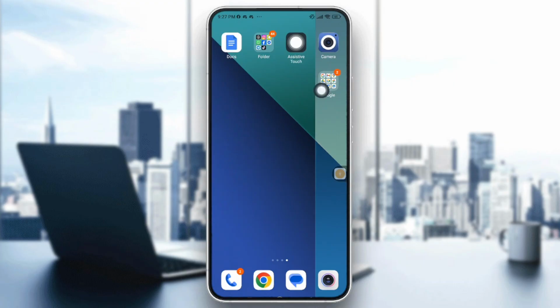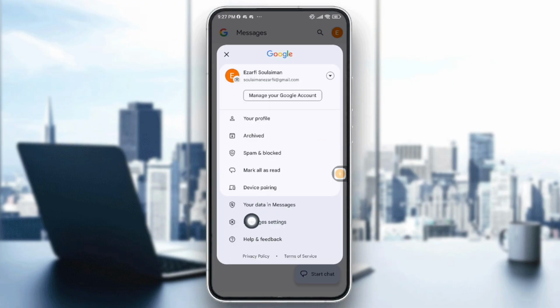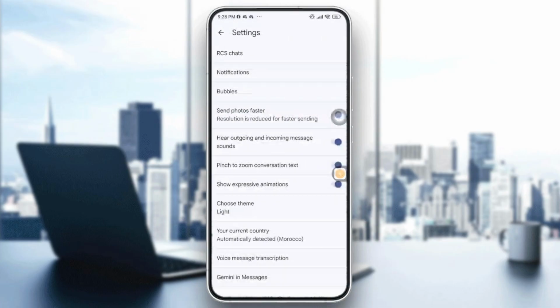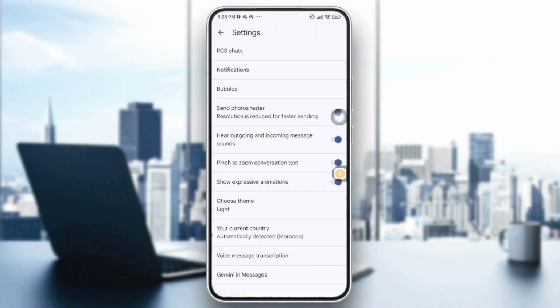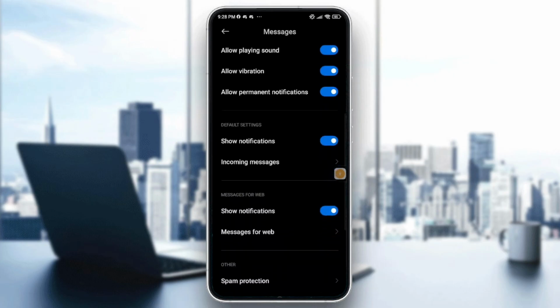So after that, I want you to go into your Google Messages, tap on it, and then go to your profile picture on the top right corner. After that, go into the second last option, Messages settings. Tap on it, and right here you will be able to see multiple options. I want you to go into the second one, Notifications, tap on it, and right here you will